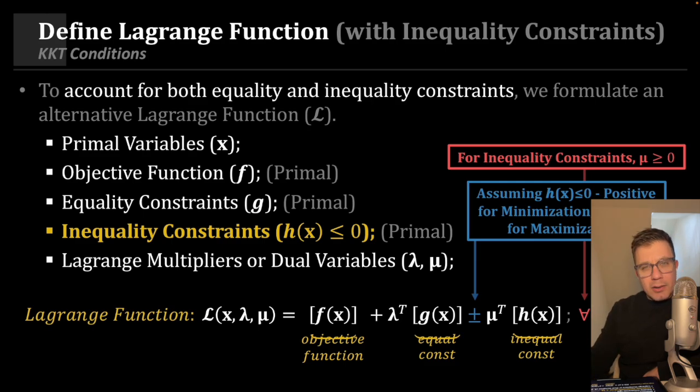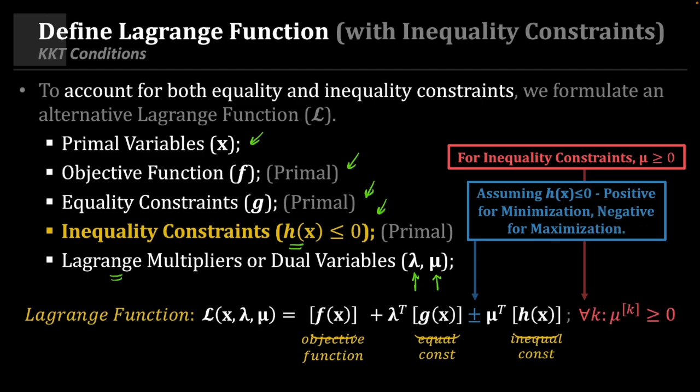So let's define our Lagrange function again. Previously we had 4 components. We had our primal decision variables denoted by x, we had our objective function denoted by f, and we had our equality constraints denoted by g, as well as the Lagrange multipliers denoted by lambda. Now we're going to add inequality constraints, which will be denoted by h of x. And we're going to assume throughout this module that we're dealing with a less than or equal to inequality. And we also have to introduce a new Lagrange multiplier, mu, which is going to be associated with the inequality